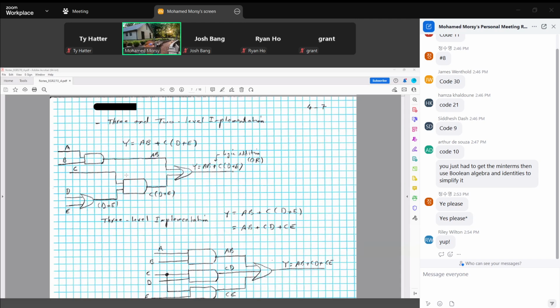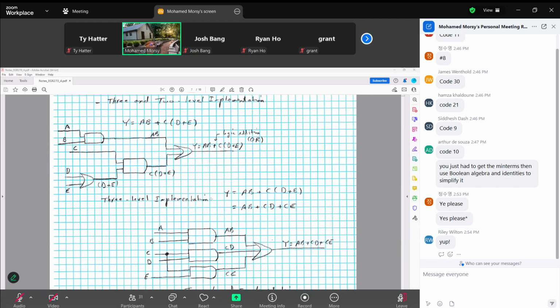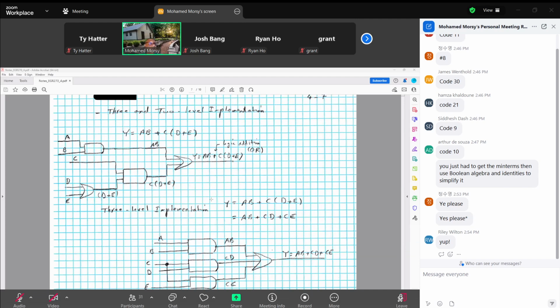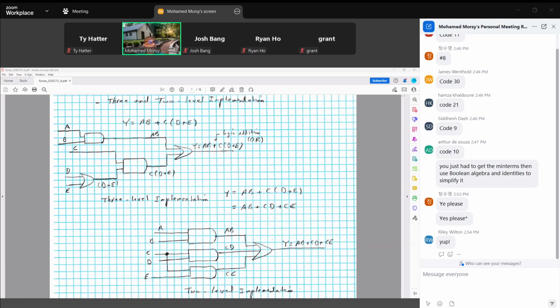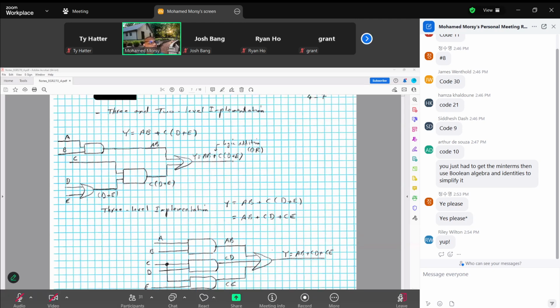3 and 2 level implementation. So yeah, this is something related to the design. Sometimes it's required 3 levels, sometimes 2 levels. So what is the difference? For 3 levels,